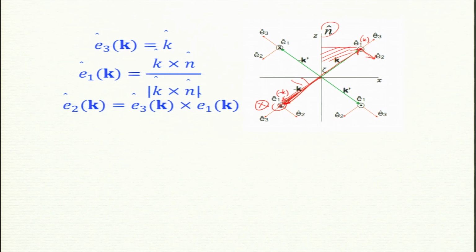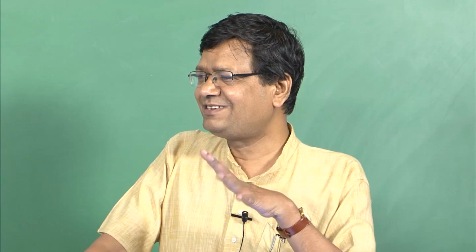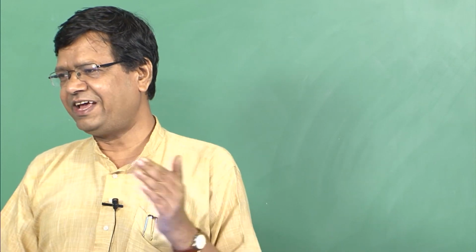So this is one problem with these unit vectors which are changing with k. In radial polar coordinates, that is one problem. My unit vectors are changing. Okay. And Cartesian is nice that way. Cartesian does not change. My x cap remains x cap wherever my k vector moves. But here my k vector goes to minus k, my E1 changes. And I spent 1 week to figure this out, where I had a problem and the origin was sitting here. So it simply did not occur to me that my E1 is negative. So one has to be careful with this.